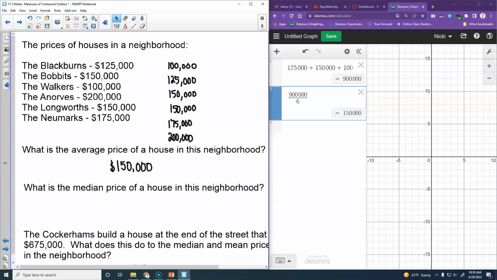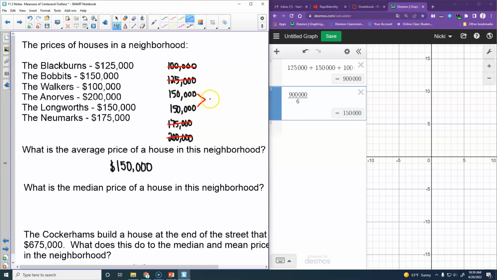So when we find the median, we're finding the middle number. Is there a middle number for this one? There's not, because we've got 6. One way you can do this is to cross them off, 1 and 1, 1 and 1. You would end up crossing them all out, right? So when you have an even number, you're just going to average the middle two, which in this particular case